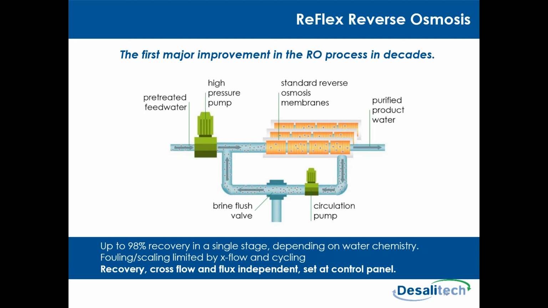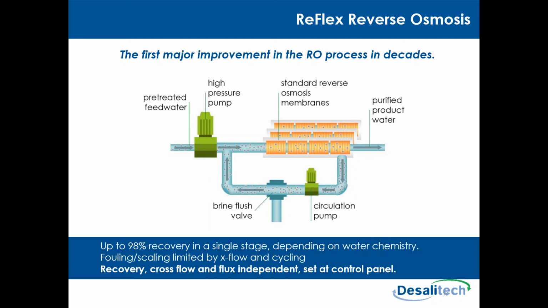Fouling and scaling are limited by virtue of the cross-flow applied by the circulation pump and by the cycling. So these systems charge and then flush, feed flush, a couple times an hour, sometimes 6 times an hour, and that's pretty frequent. That's frequent enough so that it limits scaling. So even if something supersaturates, we don't give it time to precipitate on the membrane surfaces. One of the main benefits of this system design is that with a single stage and with these basic components, which work for really any size system of any recovery rate,